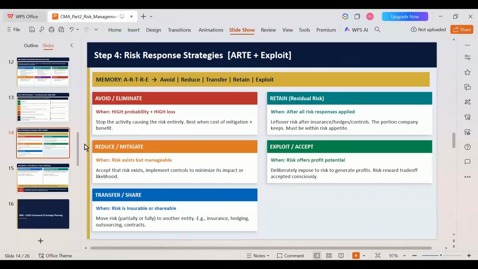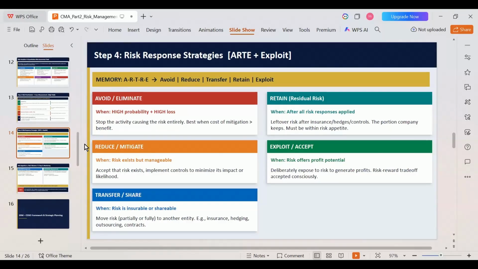Suppose we definitely want to continue our business in a risky industry, but we don't want to face that much risk. So now we will be reducing the risk impact that we are facing. There will be various measures, specific to industries, so they will have many choices to reduce this risk. I'll explain from the perspective of an investor. An investor can reduce their risks by diversifying their investments. That will be their risk reduction or mitigation strategy.